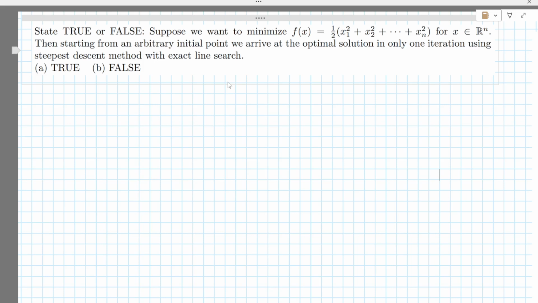So what would happen with a symmetric function? We are talking about steepest descent and exact line search. I thought that if it has circular contours, then the steepest descent direction has to go... it's circular, right? So in some sense,